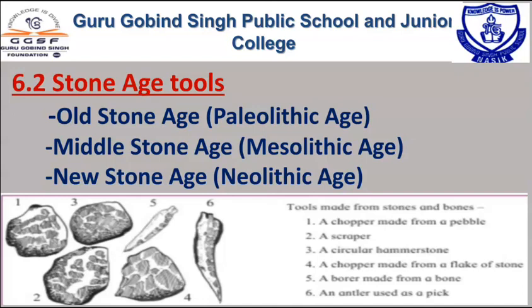So Middle Stone Age. Neo means new and litho means stone. Again here, New Stone Age means Neolithic age. Understand? So dear children, here you can see different examples of tools which were made by the